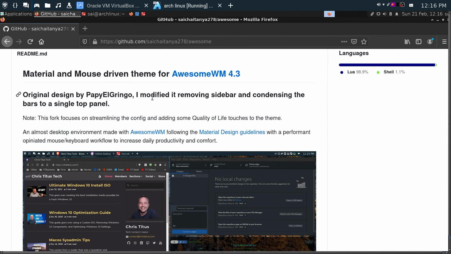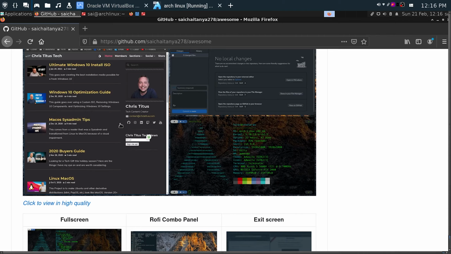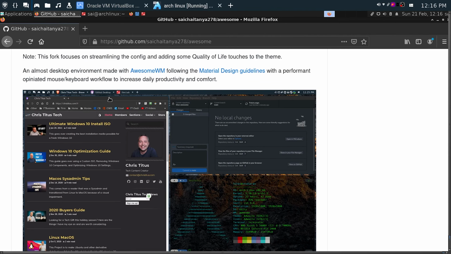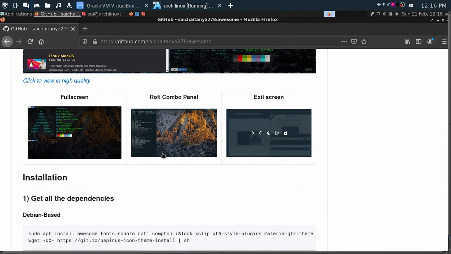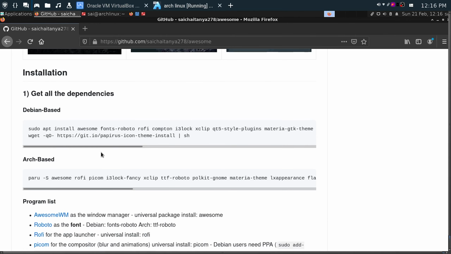He made some changes, and I did not remove his screenshots. I kept them like that only. Then I also forked this project and made changes like wallpapers, shortcuts, Picom and theme.